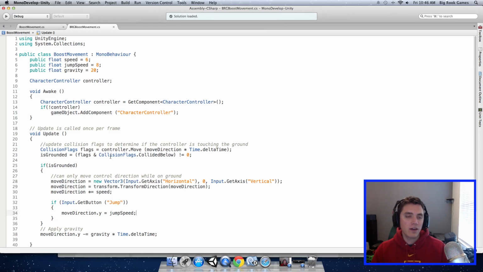Okay, so here we have a script that I pulled off of the asset store. It's your basic FPS script that you'll find, and this is a character controller as opposed to a rigid body. It's a little bit easier to add force to a rigid body, but the character controller is a little better for first person shooter type games, and it makes it a little more complicated to add a force like a boost or a dash. So we will be showing you how to do that,